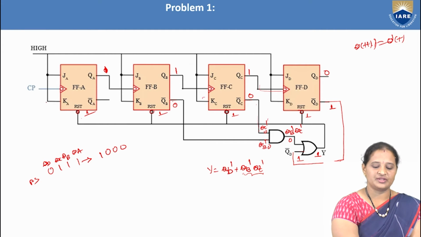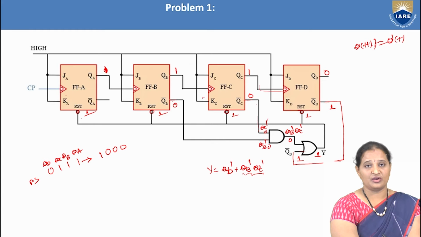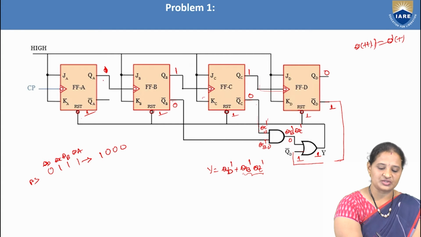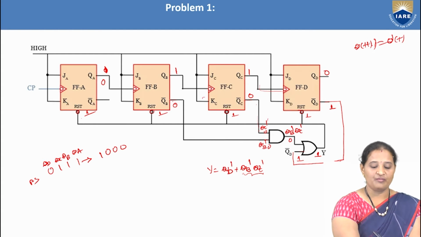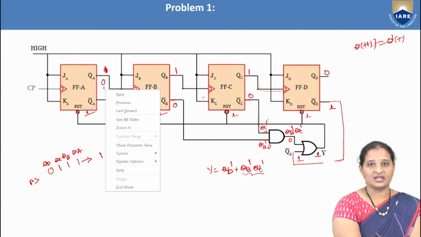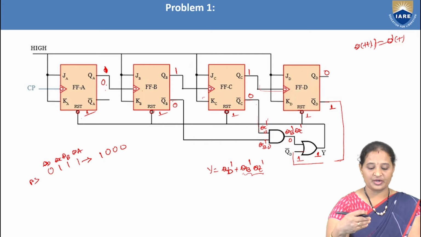Now, what happens for the next clock pulse? As it is a negative edge triggered flip-flop, for the negative edge of the clock here, as we have connected in the toggle mode, what was the present state here? 1. Now it will change its state to 0. This is applied as a clock to the second flip-flop. What is the transition that we have observed in QA? It is 1 to 0. Is it a negative edge or positive edge? It is a negative edge, changing from 1 to 0.